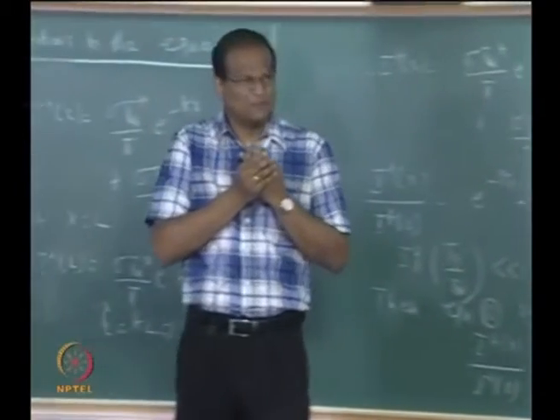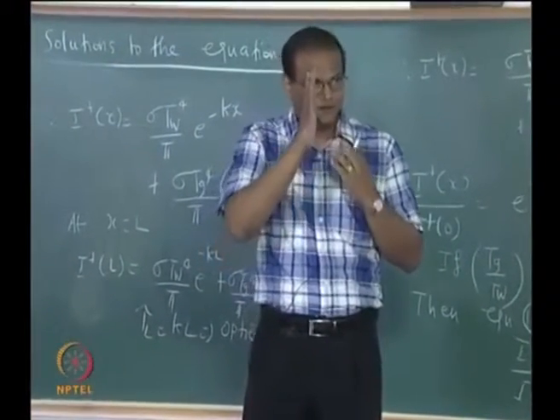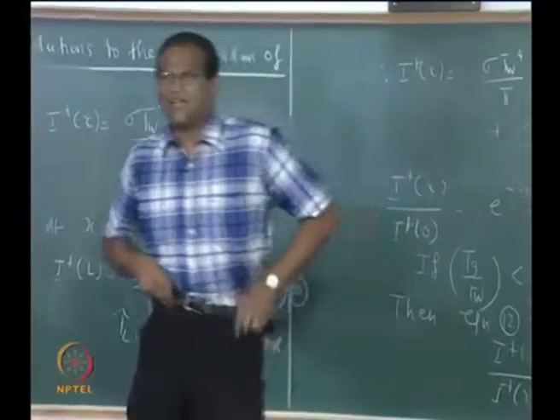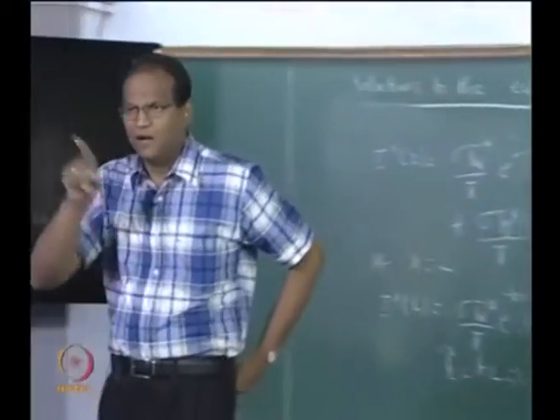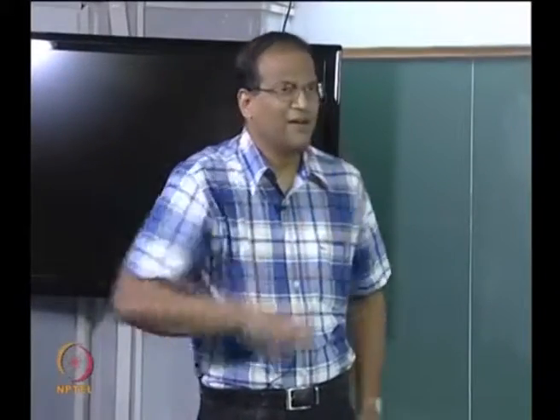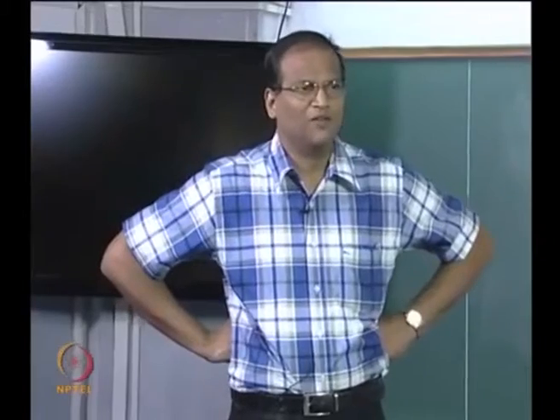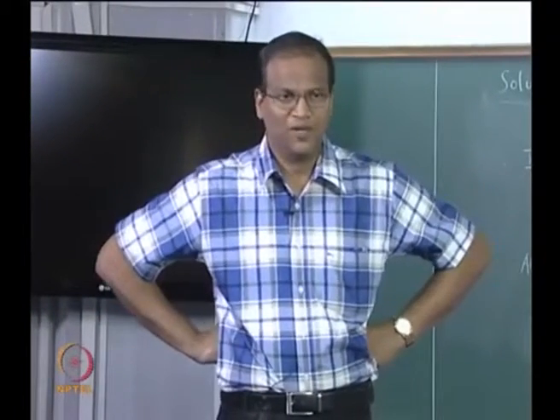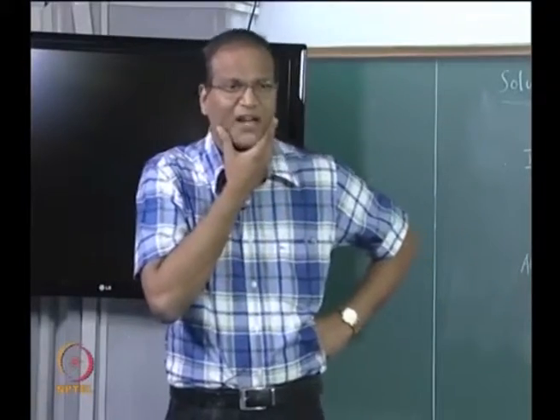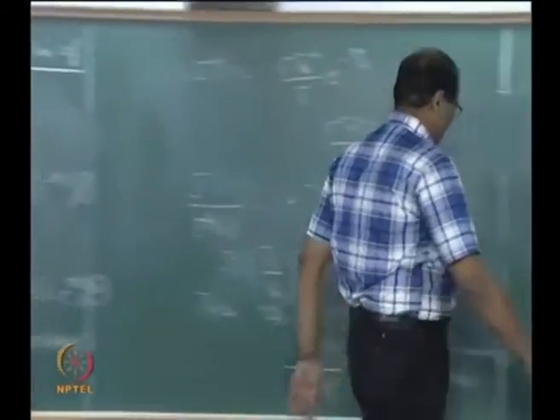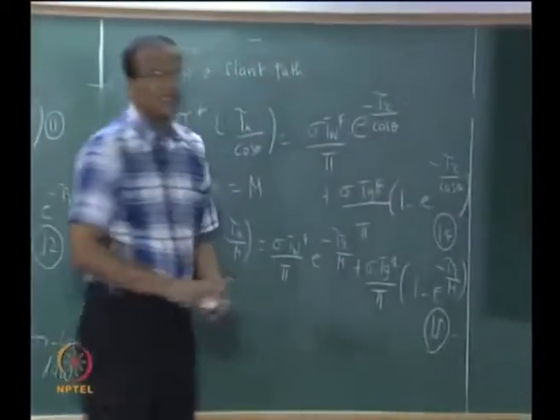You can see that even for a simple case where there is only one wall which is black, there is a gas layer which is grey, and we are looking at one positive direction of x, it is quite formidable. But of course we can do it with chalk and talk, I mean, with pencil and paper. The more difficult things we will have to program. A little bit of complications we can handle. Now let us try to find out what will be the heat flux arriving at the elemental area dA. Is that clear up to this stage?